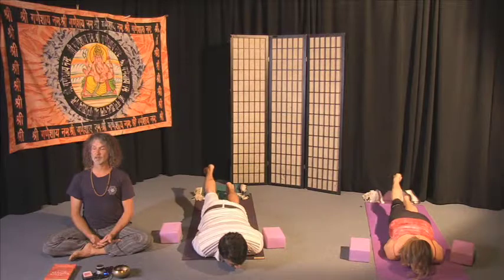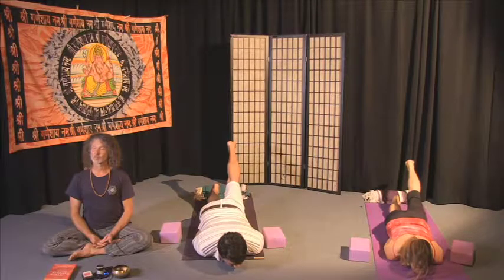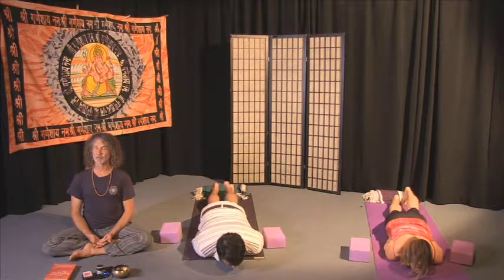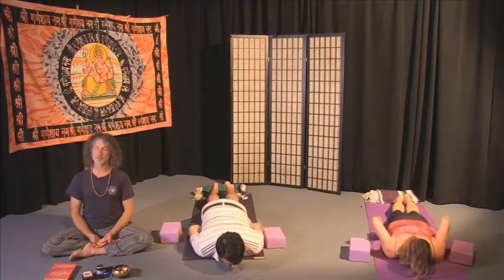And slowly releasing. On the inhalation, extending out through the left heel, left leg rising. So the only engagement is from left buttock to left heel. The rest of the body completely relaxed. And exhale, slowly releasing. Releasing the arms from under the body, palms to the mat and pressing to come up